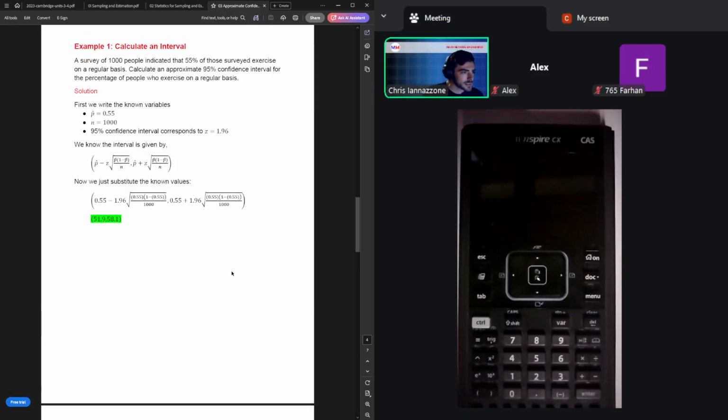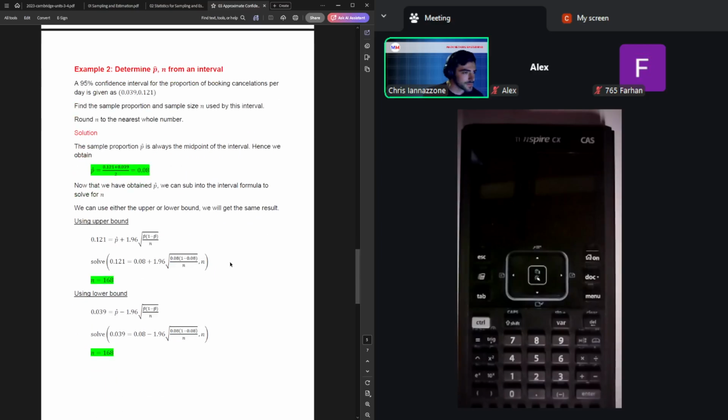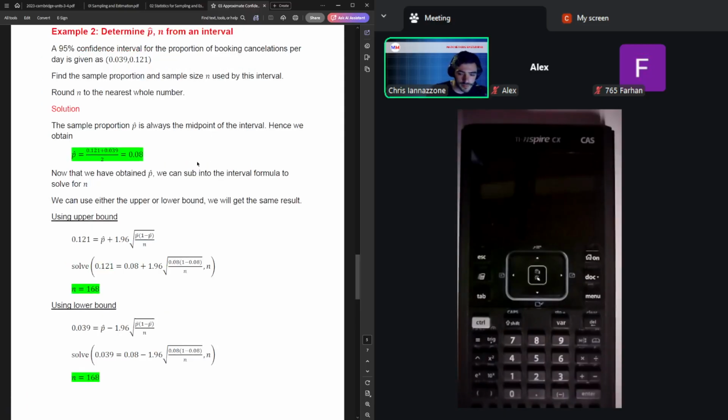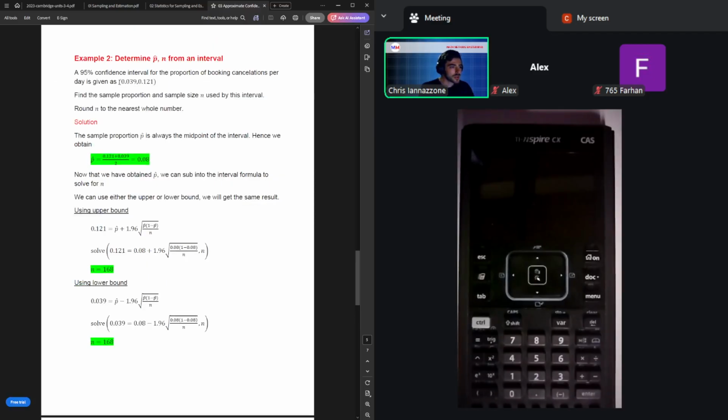That's about calculating the intervals. The other reason you might care about that equation in a tech active scenario would be because you can use it to calculate p hat or n, so long as you already know what the interval is. And this is a very common question actually for a multi-choice, and a surprisingly low percentage get it right. I don't really know why. It's fairly trivial to solve,